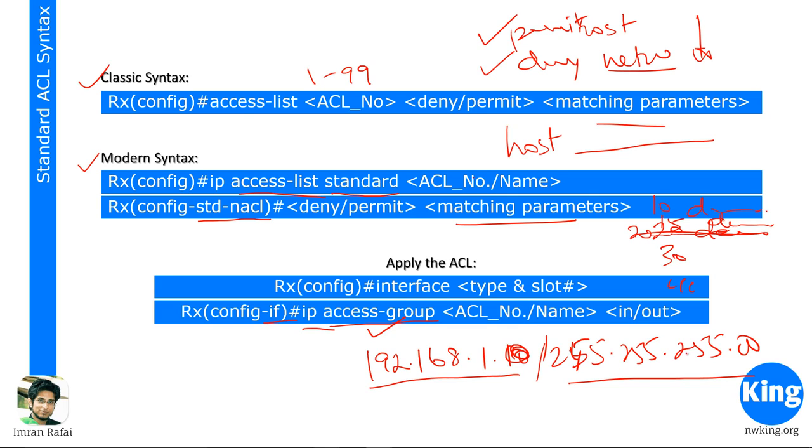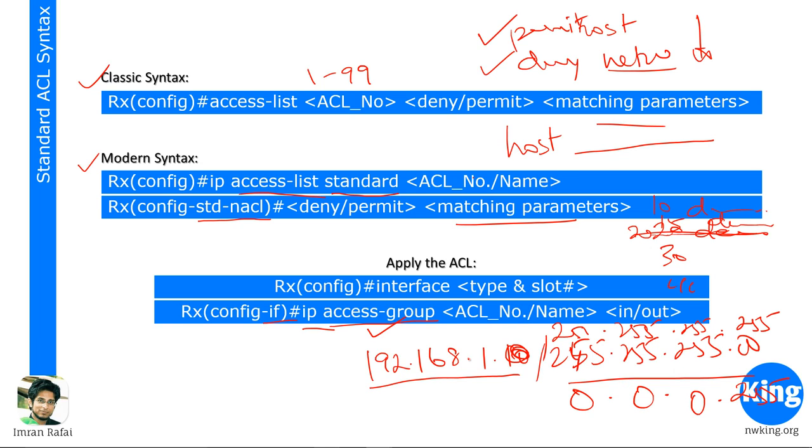So how do I get the wildcard mask for a specific subnet? You say 255.255.255.255, all 255, and from that, minus your subnet mask. So 255.255.255.255 minus the subnet mask gives 0, 0, 0, and 255, right? So the wildcard mask that you're going to apply for this access list is, you're going to put IP access list or whatever you're using. In the matching parameters, you're going to put deny 192.168.1.0